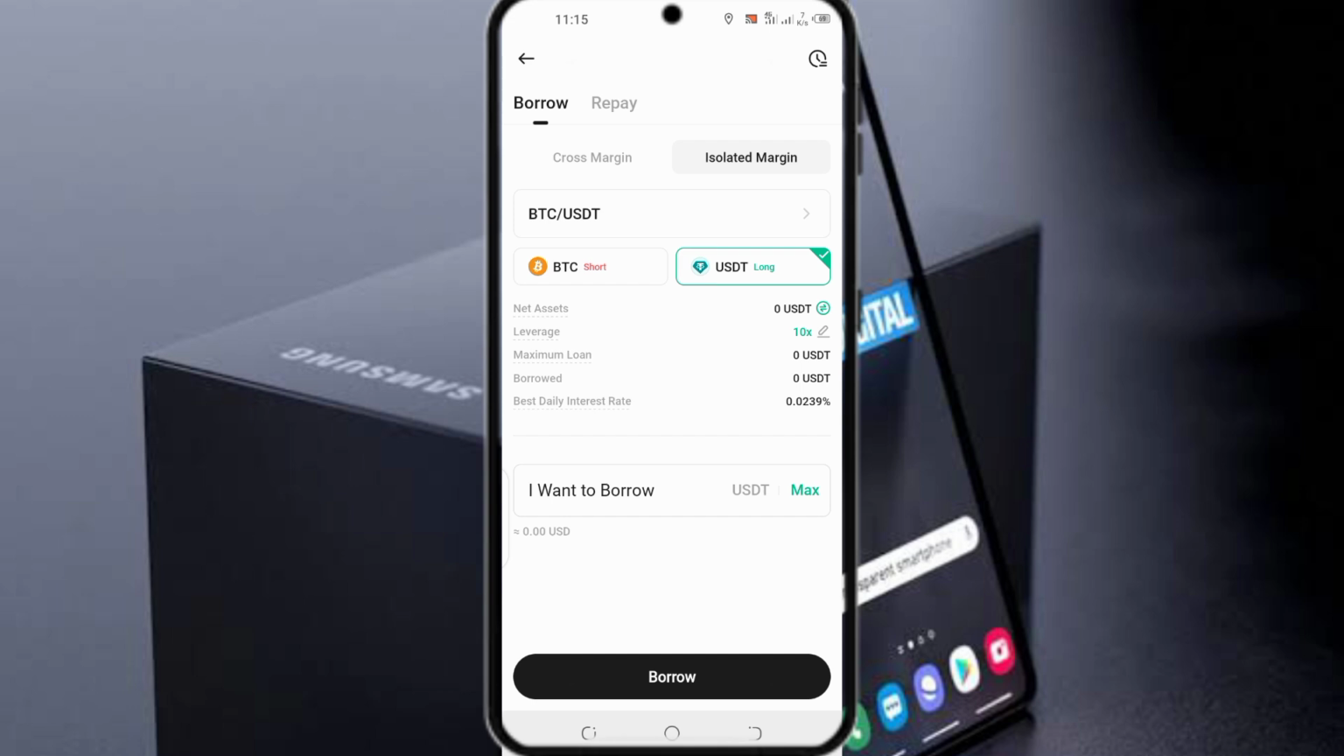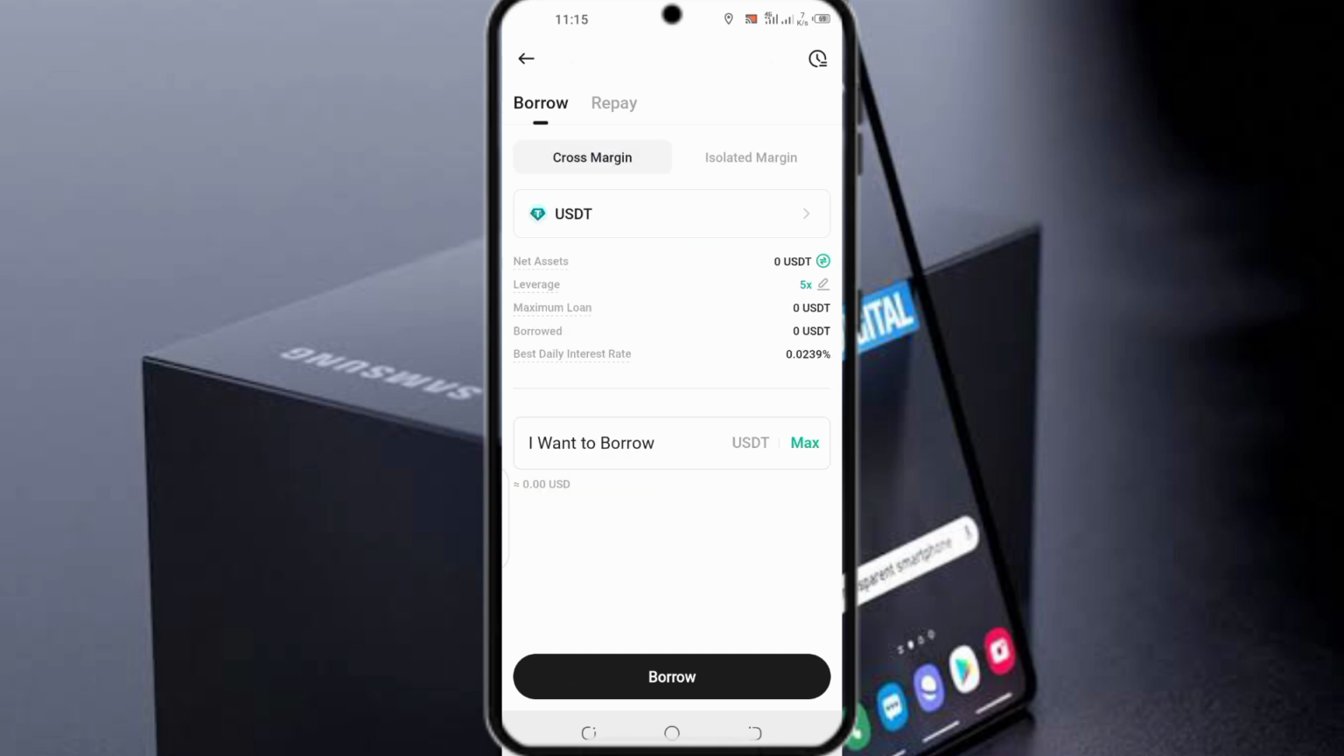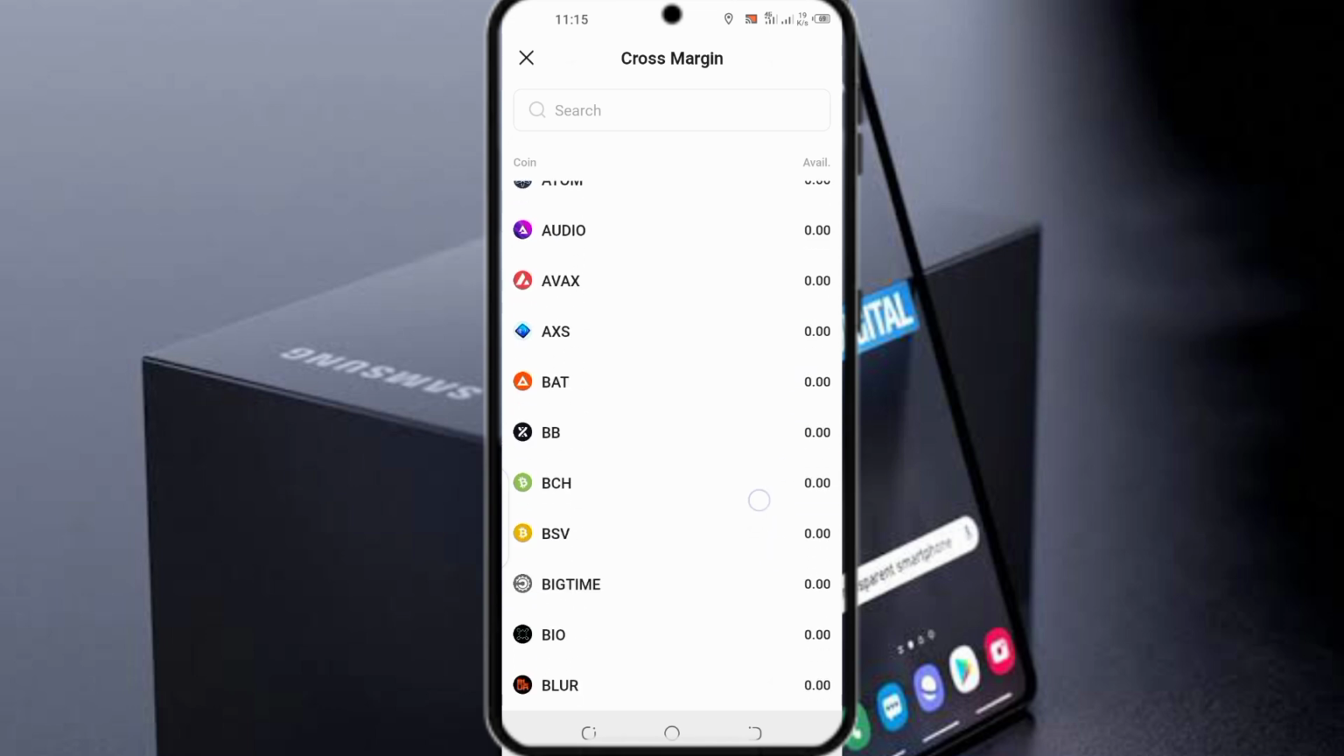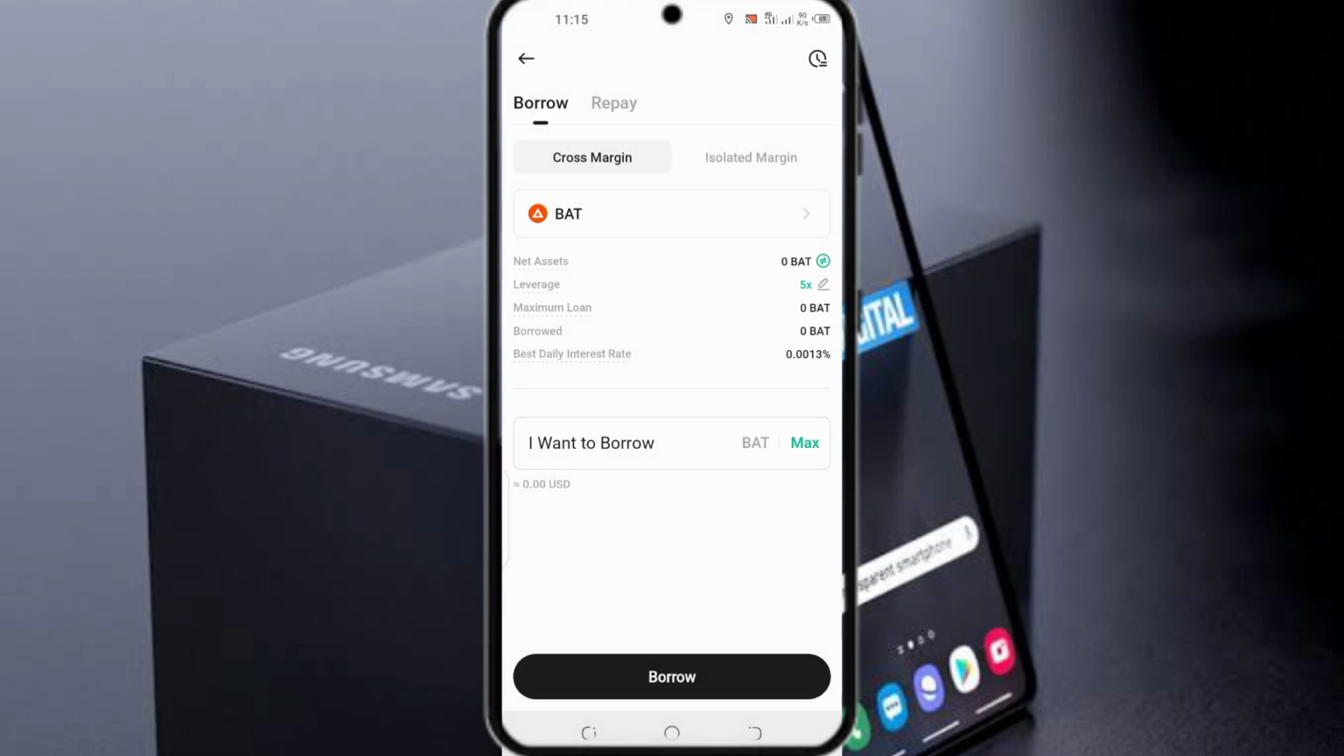When we want to borrow from cross margin, we leave it at cross margin. Then from US dollars here, we tap on it and change. We want to borrow a different coin. For example, let me select BAT. Now when I want to borrow BAT, here we have the net asset, then the leverage is 5 times, then the minimum loan is 0. I still don't qualify because I rarely use this account. Then we have borrowed, I have 0. Then the best daily interest rate will be